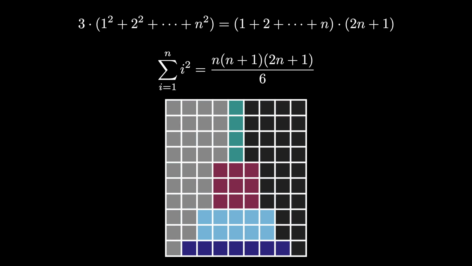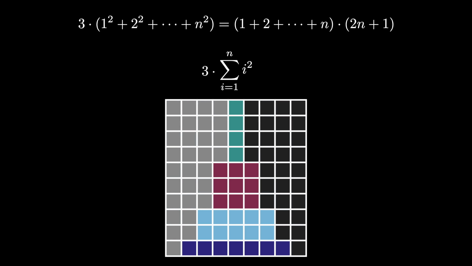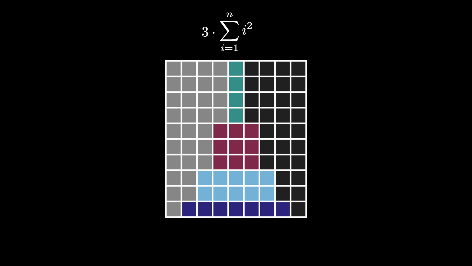More importantly, we see that this diagram shown here will be a nice visual representation of 3 times the sum of the first n positive squares. And we'll use this visual representation to find our double sum. In particular, to represent the quantity 3 times the sum where k ranges from 1 to n of the sum where i ranges from 1 to k of i squared, we can consider 3 times the sum of the first